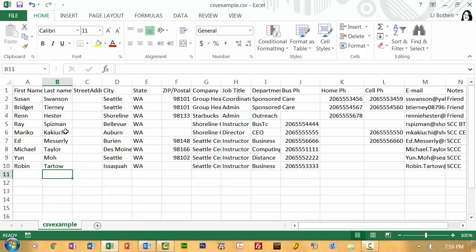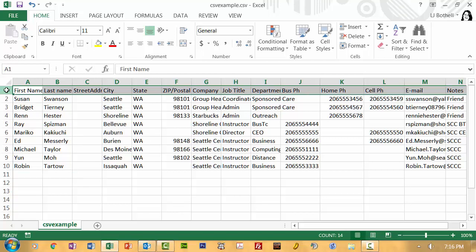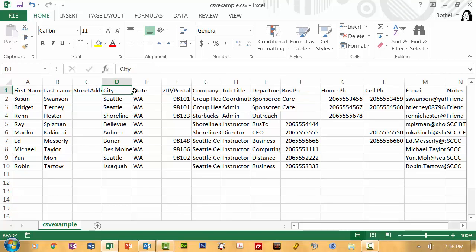And what I've done is I have created a row of headers. These are the headers that are common pieces of information you would put in a contact list. A person's first name and last name, their street address, their city and state, the company they work with, the department if you know, their business phone, home phone, cell phone. You'll notice that some contacts don't have information in here, and that's all right. It can be blank. Then their email addresses, and then a notes column where I'm making notes so that once